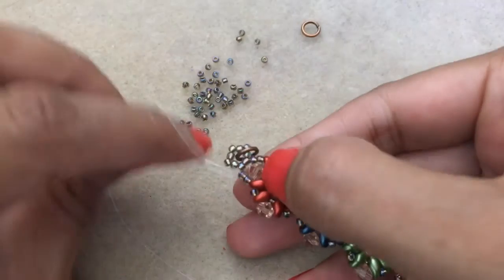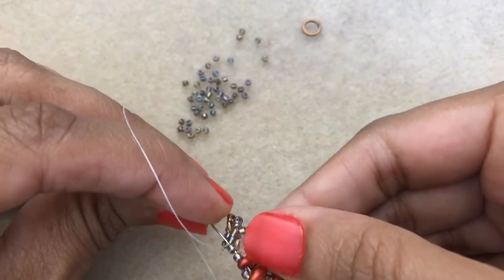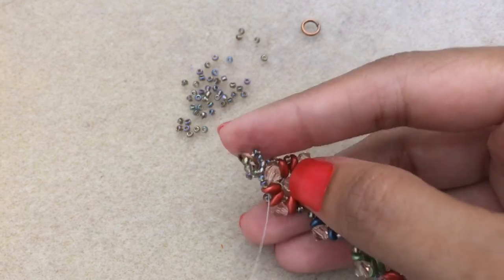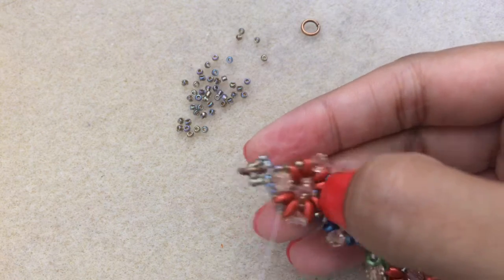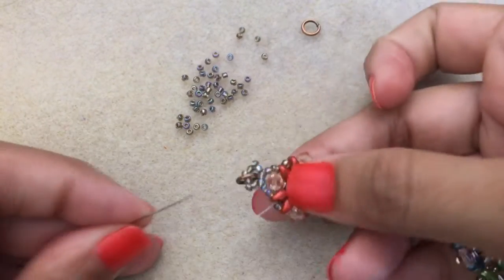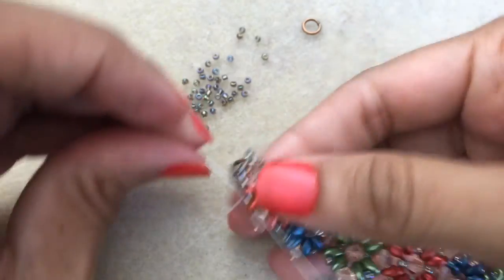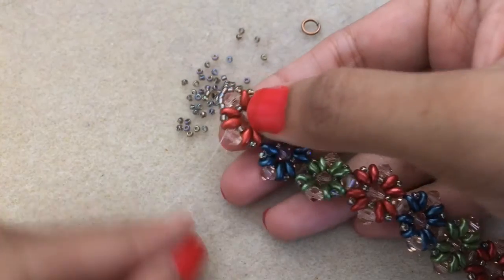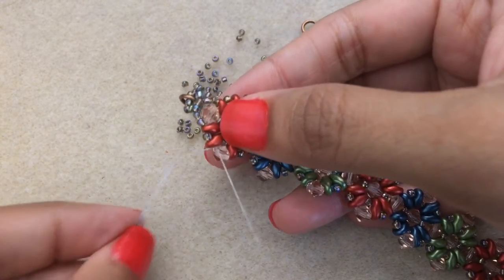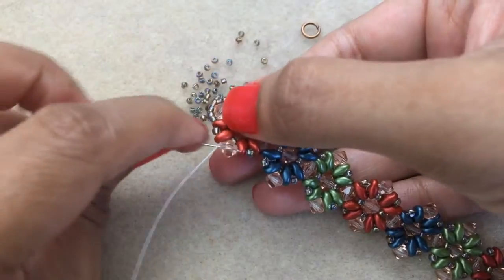And then just go down into the 2 beads here. And I went through the superduo too. So there's that part of it. It's all set and done. And I can go back through and around and reinforce one more time if I want, but you get the idea. So continue through, and then I'm just going to tie some half knots here. So I'll probably tie one here between the superduo and the bicone. And then just go through the bicone